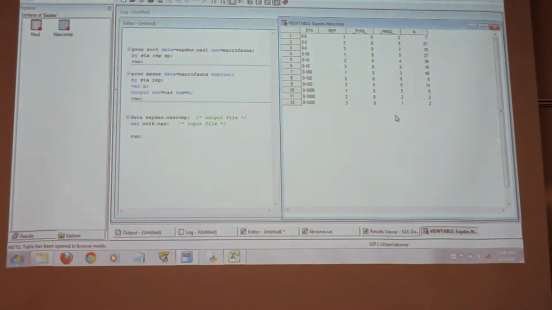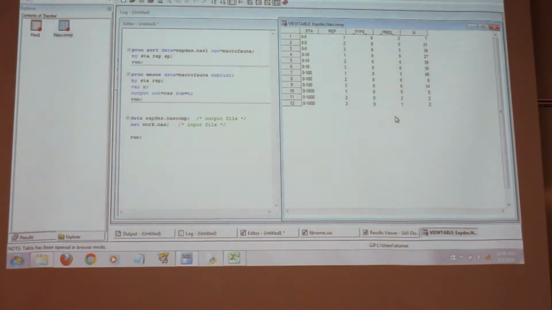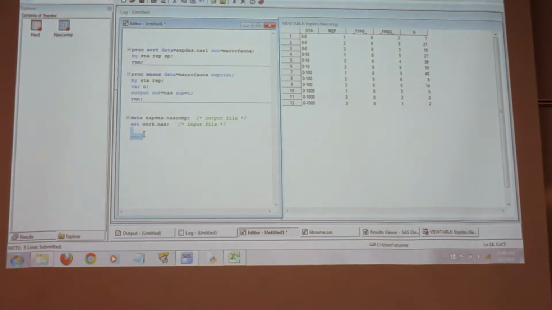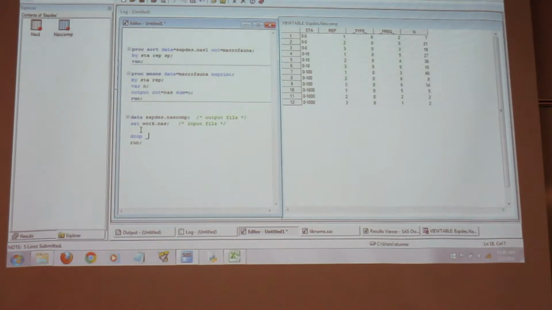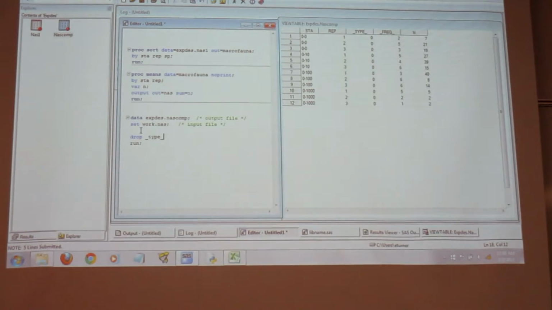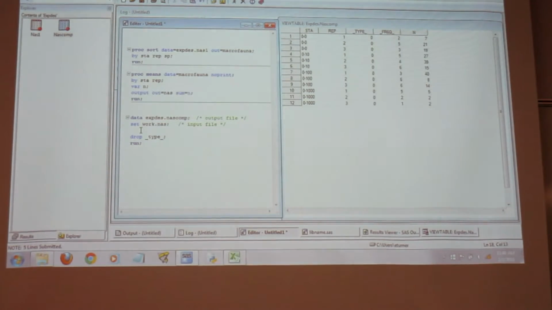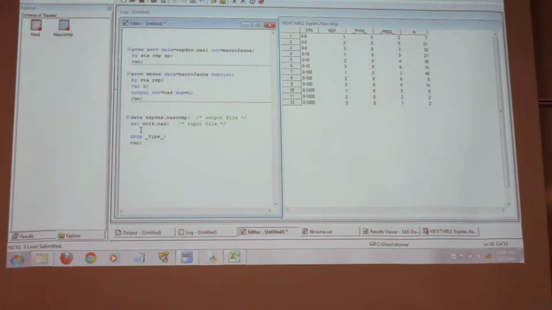So what you do is inside this data step, I'm going to say drop. Okay. So drop. Okay. It deletes the column.